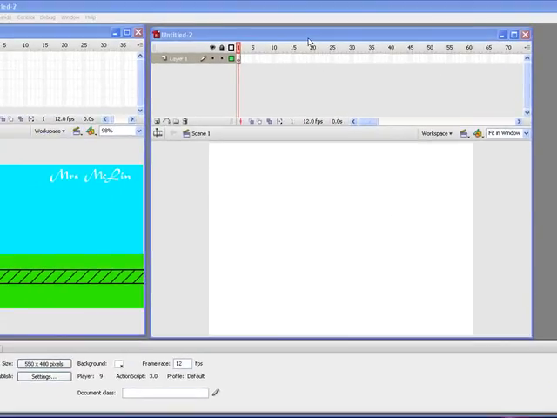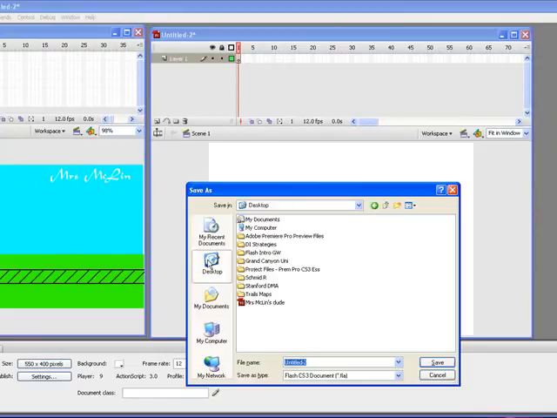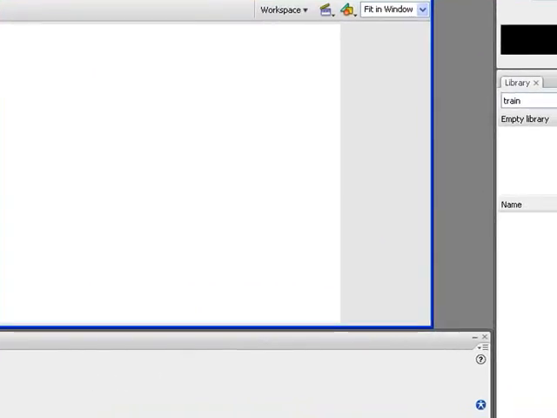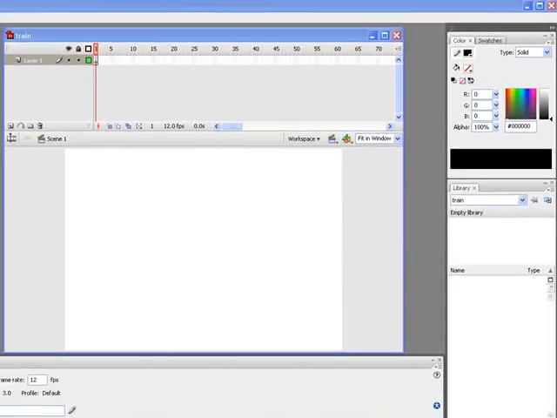Voila, we have our new document. I'm going to save it. Control S to save. I'm going to dump it on my desktop. Train. That's good for me. And then we're going to go to